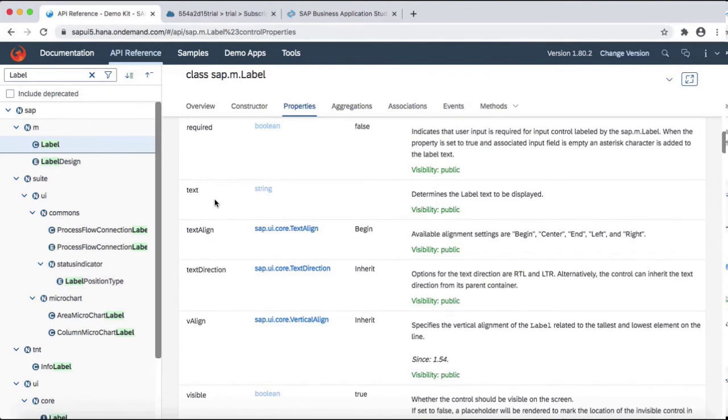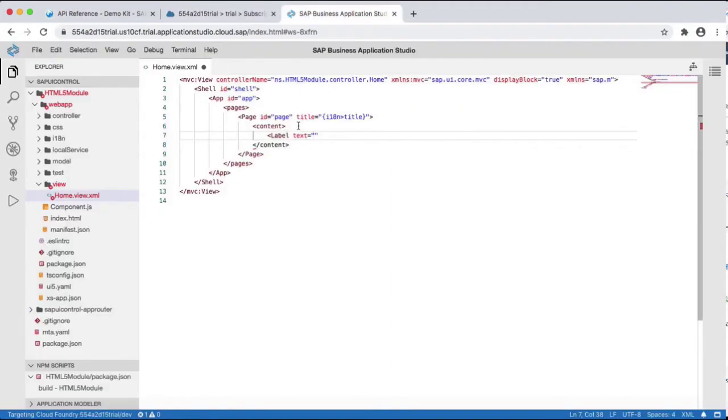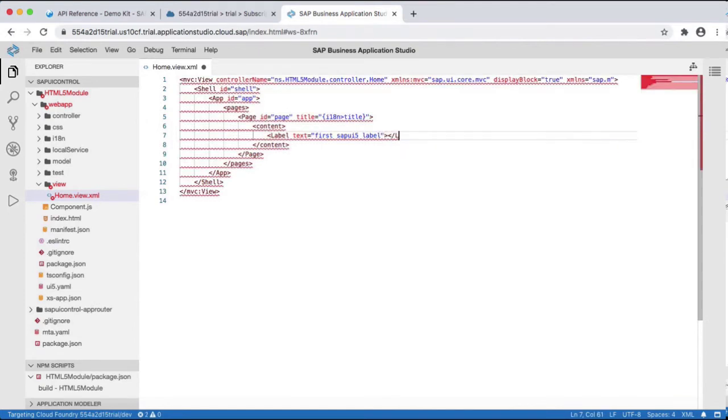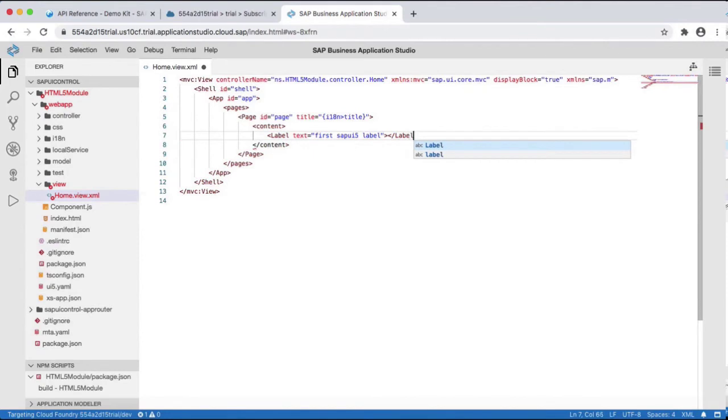So we will use the text property of the label. We will use first SAP UI5 label, then we will close this.